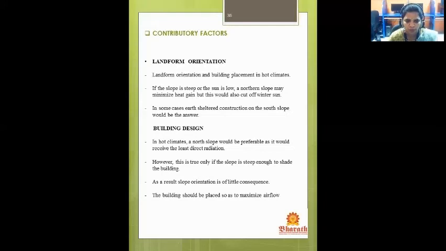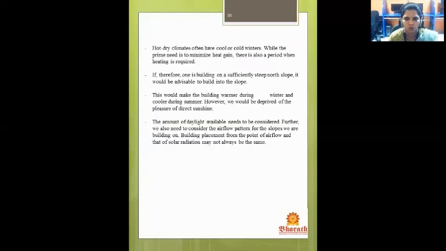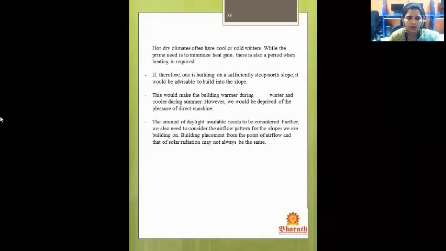The building should be placed so as to maximize airflow. Moderate climates often have cool winters. While the prime need is to minimize the heat gain, there is also a period when heating is required. If therefore one is building on a sufficiently steep north slope, it would be advisable to build into the slope.